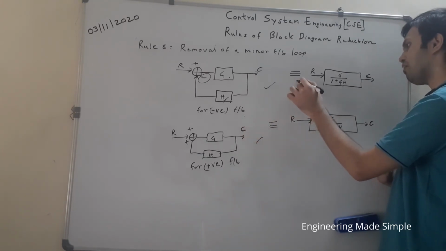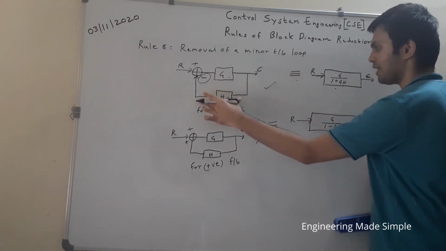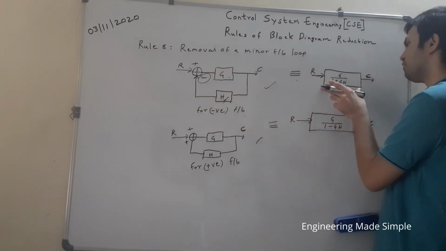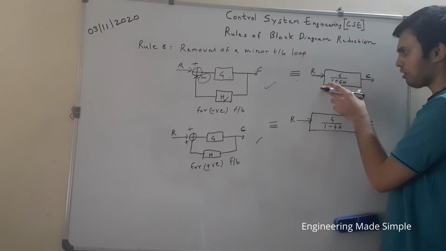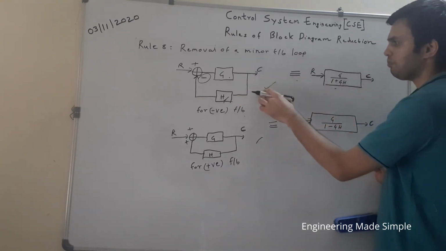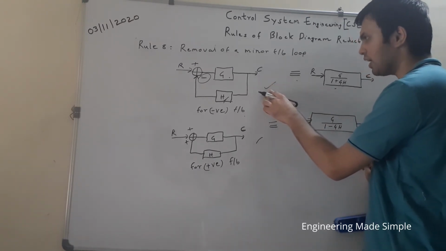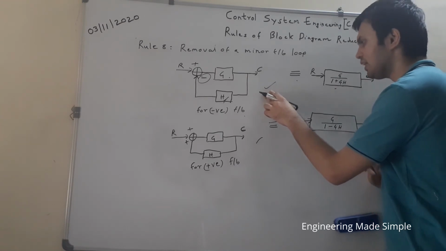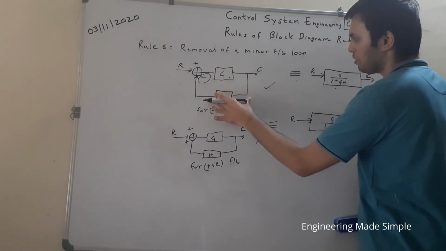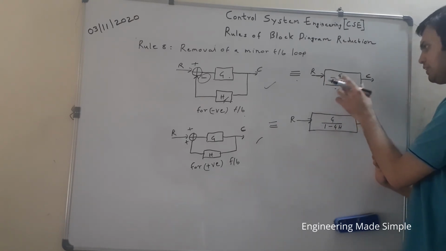Now the equivalent way of representing it using this rule is, if you have the minor feedback loop like this, which is a negative feedback, then the reduced block diagram representation for this is g upon 1 plus gh. This is similar to the derivation which we have done earlier, that is derivation of the transfer function of a simple closed loop system in its simple or canonical form. So this is the canonical form of a closed loop system. If you have something like this, you can represent it by a single block having transfer function g upon 1 plus gh.